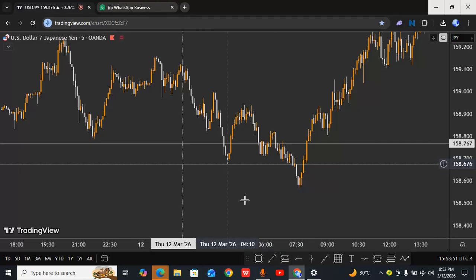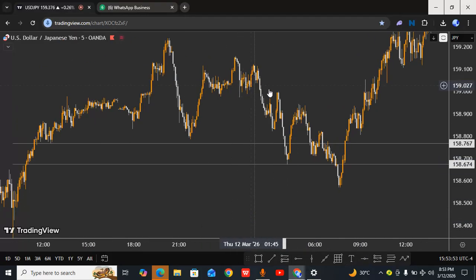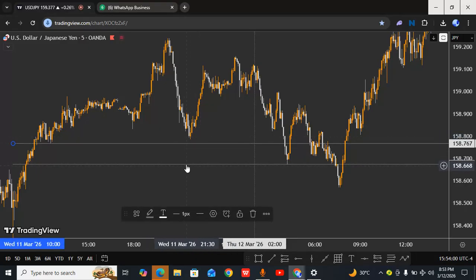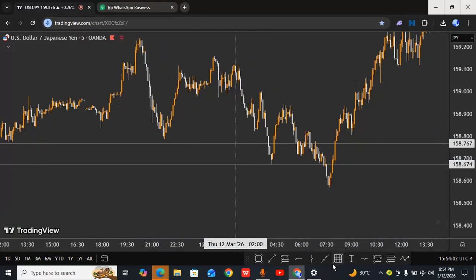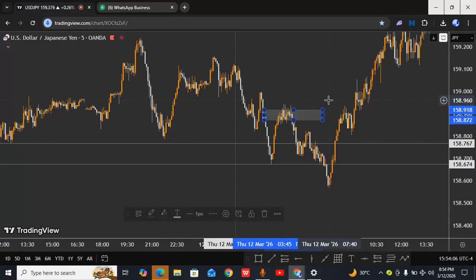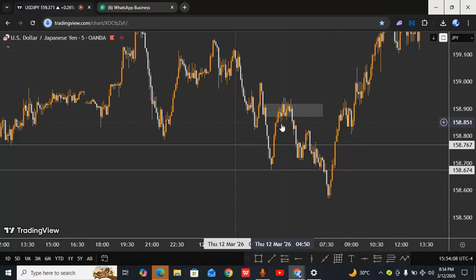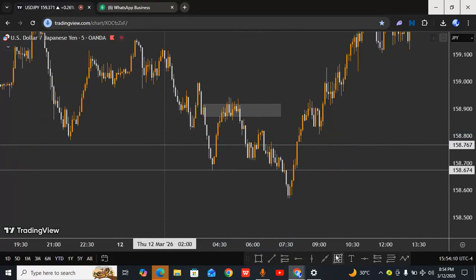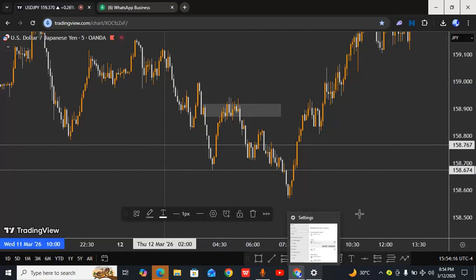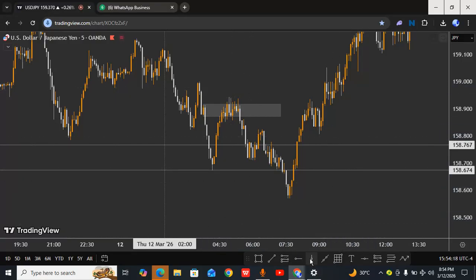Now, this is where we took that entry after price came down. After price came down, it took out this Asian low, took out this FEG, and also took out this. It just tapped into this one. Then all we're waiting for is to see price close above this level, then we'll take an entry. Now, remember I told you this is up to 5 a.m., right? The Q zone. If you watch, you will see that we took that trade, I think, 5 minutes before the Q zone expired,